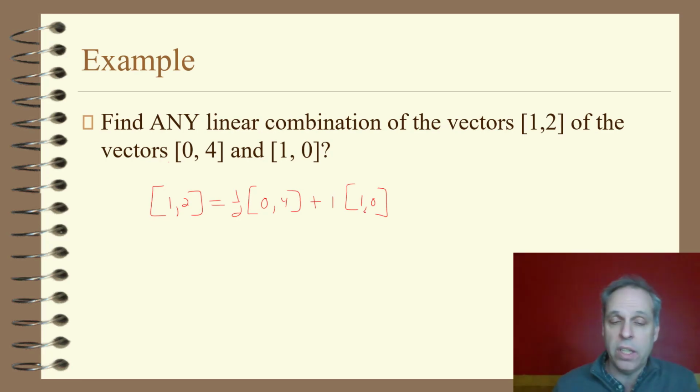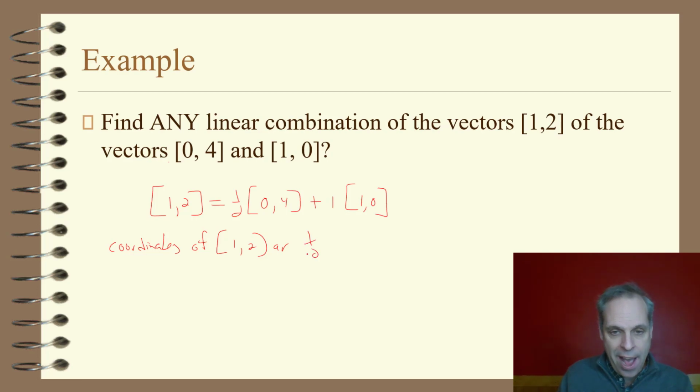So that's the linear combination. I gave you the scalars that form the linear combination of the vectors 0, 4 and 1, 0 that adds up to the vector 1, 2. So I could say that the coordinates of 1, 2 are 1/2 and 1, but relative to the vectors 0, 4